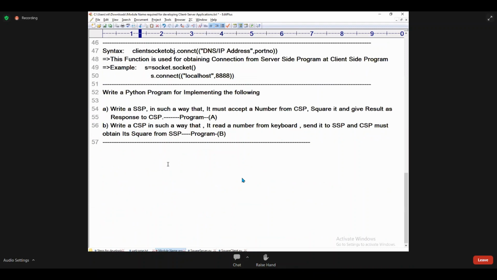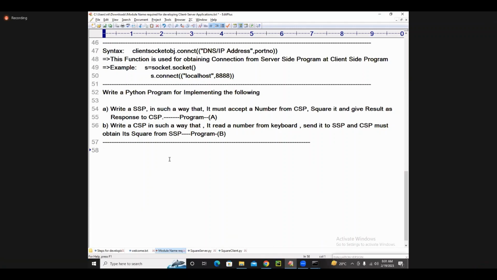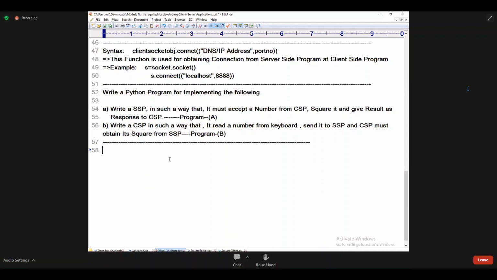One more example: open the notebook and write down that. Write a Python program which will implement